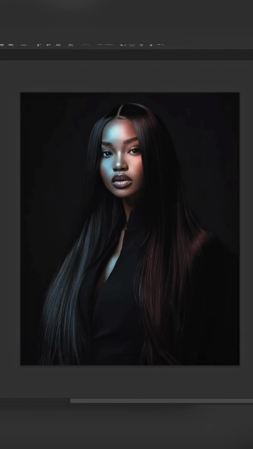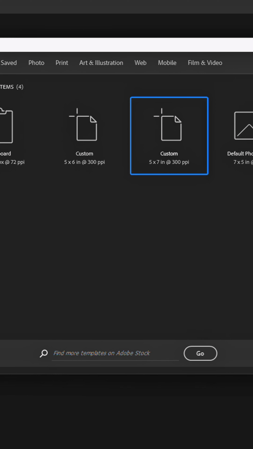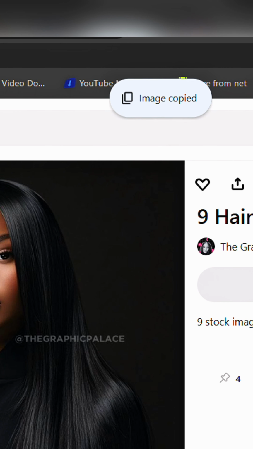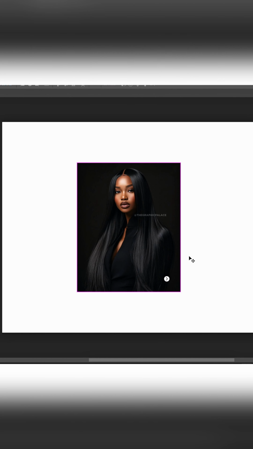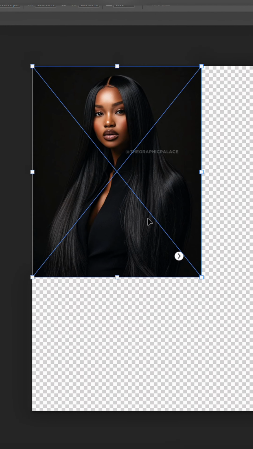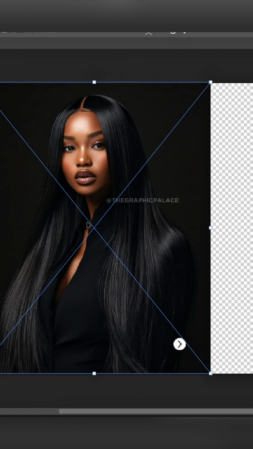So here was how I created this dual effect using just a few clicks. First off, I created my document, just a random document right here, and I went to Pinterest to copy this model, pasted it right here in Photoshop. Then I converted it to a smart object and scaled it up using transform, and I cropped it to fit perfectly with